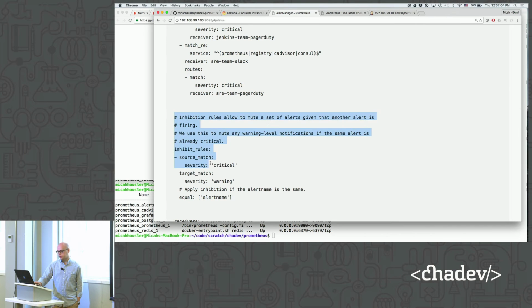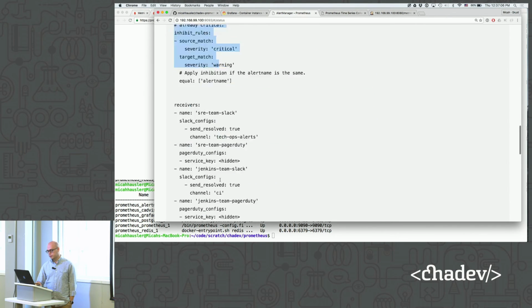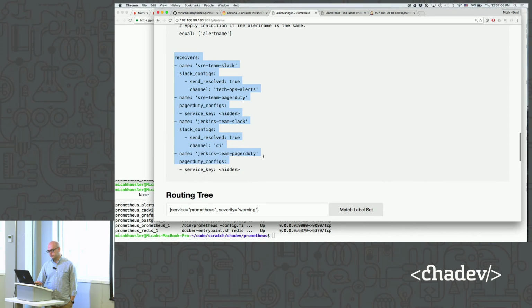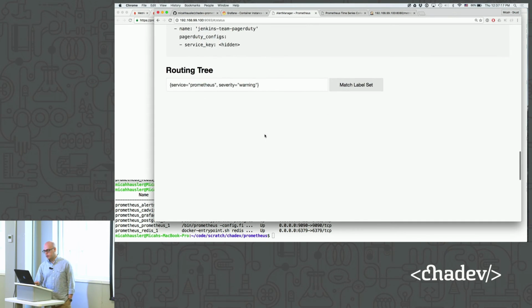And then inhibition rules are for suppressing and grouping alerts. And then the receivers you define down here. So SRE team Slack goes to Slack and this channel, PagerDuty, here's the service key. Okay, so if we look at this routing, that's all in YAML, it's kind of abstract, but if we look